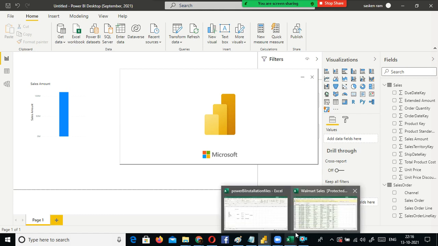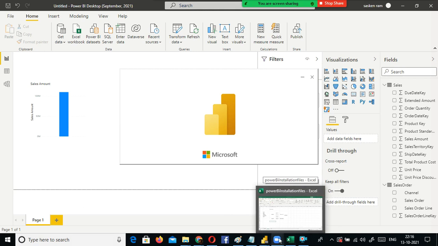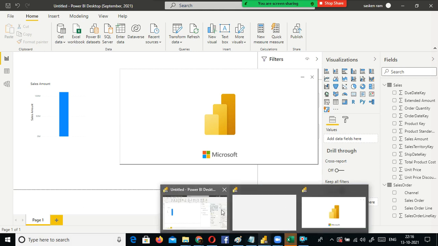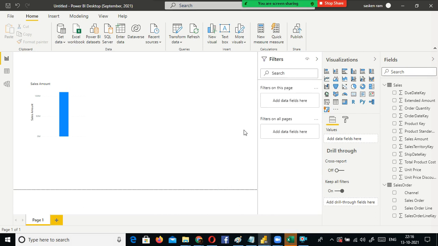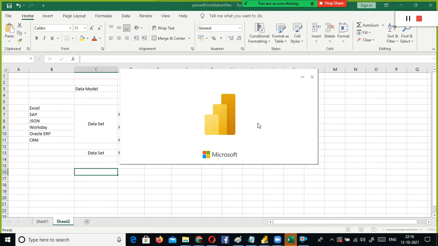I think I should close all the unnecessary files. I don't want to save this one. Anyhow, I want to open the new one. We'll take the full data set, the complete data set, the one I showed you, with that demo data.